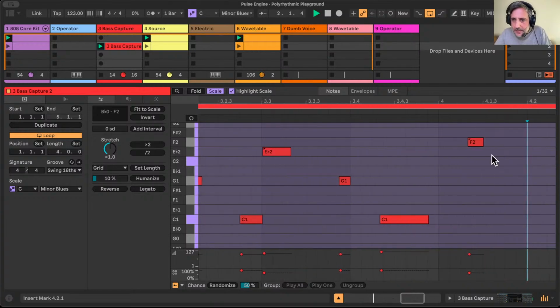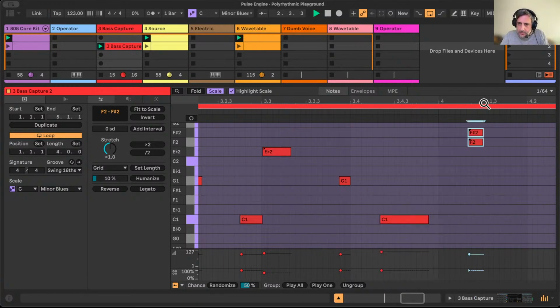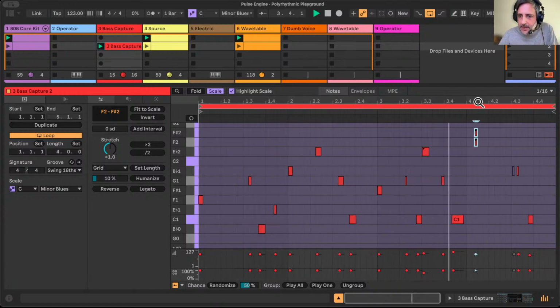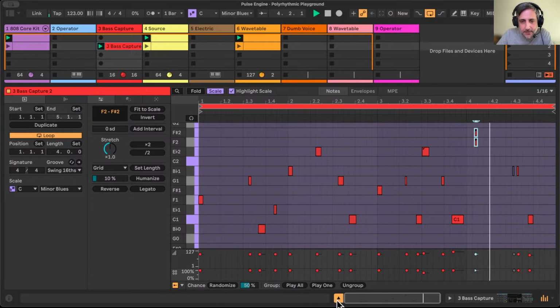And this one, I'm going to actually drop it like that and put it to a play one, so it's going to alternate between those two notes on a semi-random basis. So now I've extracted a bass line, something resembling a bass line, let's say, from all this